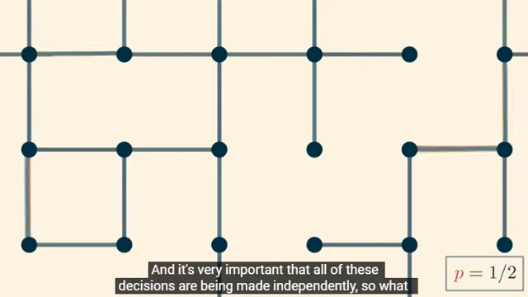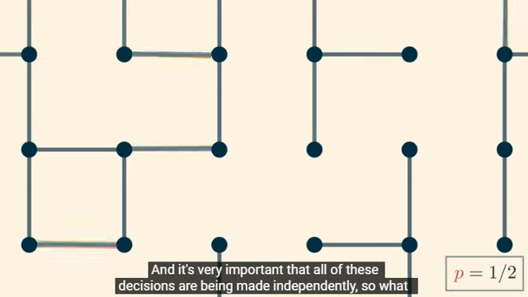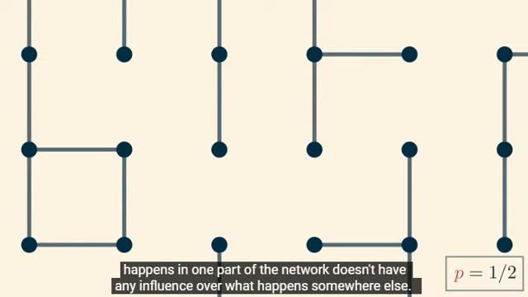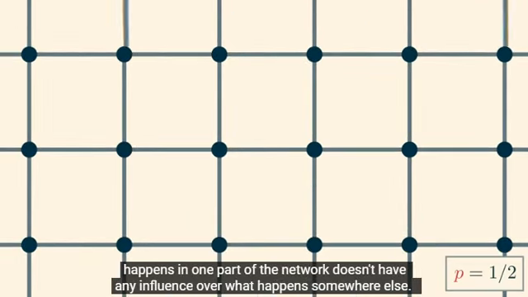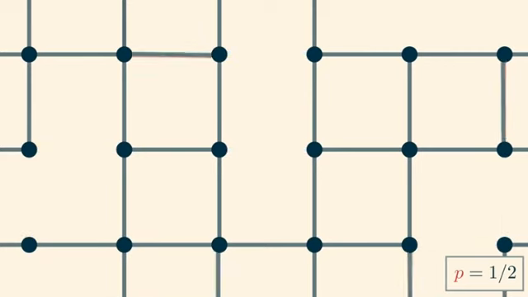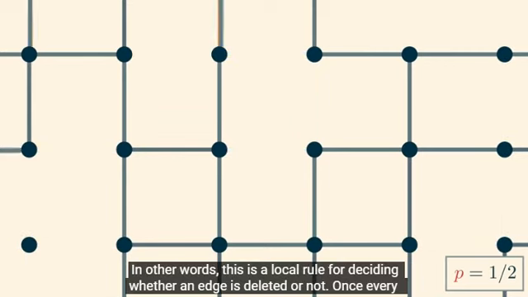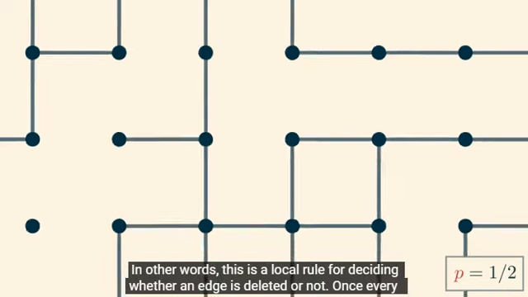And it's very important that all of these decisions are being made independently. So what happens in one part of the network doesn't have any influence over what happens somewhere else. In other words, this is a local rule for deciding whether an edge is deleted or not. Once every